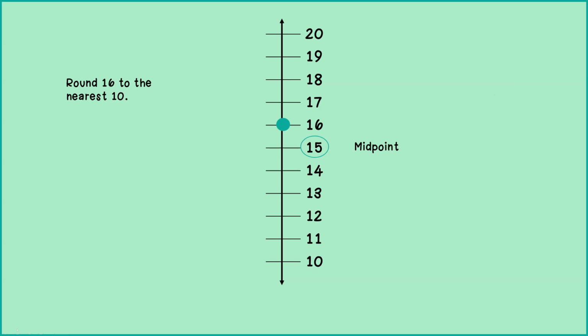So if students have this good understanding of a midpoint, then they're kind of dividing the number line into 2 halves. The top half is going to round up to that top number, the bottom half is going to round down to that bottom number. So the only caveat with this strategy is remembering that the convention is to round numbers that end in 5